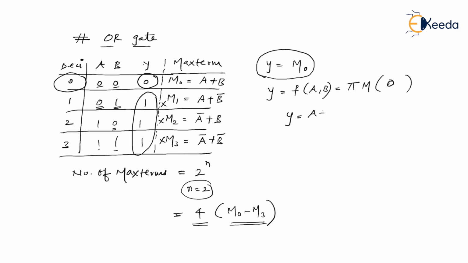So now I can write Y equal to M0. What is the value of M0? It is A plus B. Just check it out. In one step only we got the answer. It does not mean the maxterm gives you a shortcut. No, it's not like that. It depends upon how many maxterms you have considered while writing the output equation, right? So luckily or unluckily, there was only one output which is equal to 0. So only one combination of input for which output is 0. It might not be the case every time, and therefore you got the answer in one step only. I hope you have understood that.